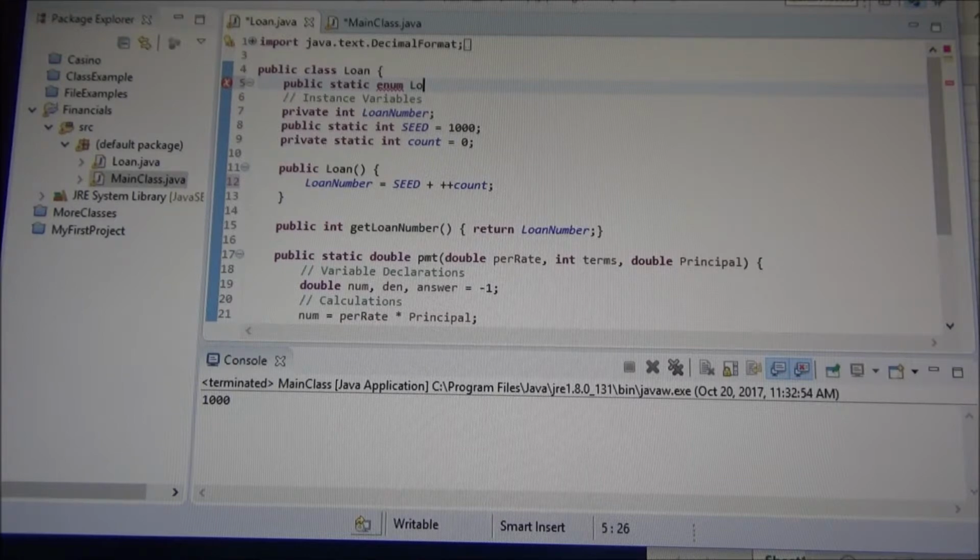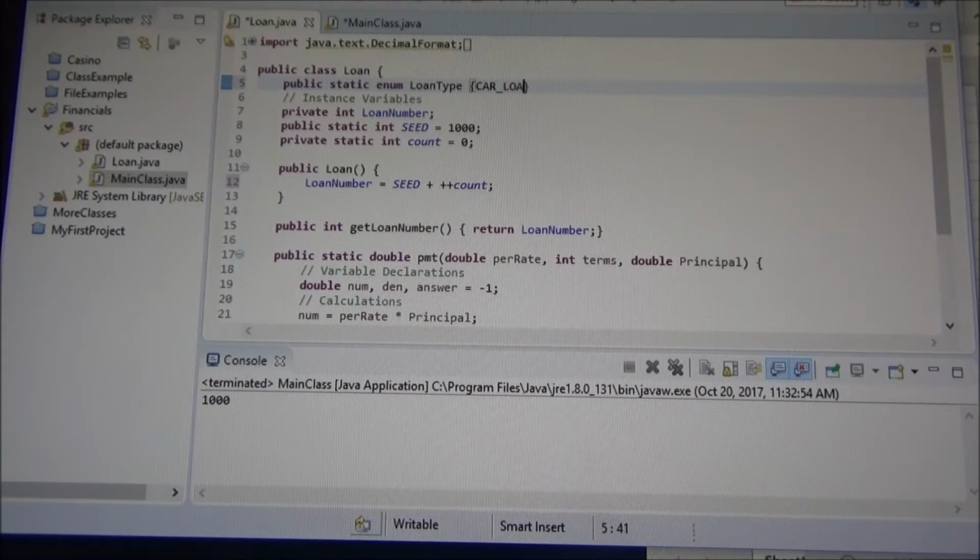I'm gonna call it loan type. And then I'm gonna use curly brackets, and I'm gonna type my constants, but I only need to put the constants' names. I don't have to put any values or any types or nothing. All I do is,